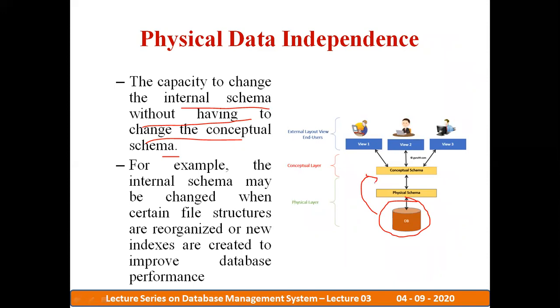For example, the internal schema can be changed when certain file structures are reorganized or new indices are created to improve database performance. For example, instead of storing in the D drive, I may store it in the E drive, but it will not affect the conceptual schema. This one we call physical data independence.